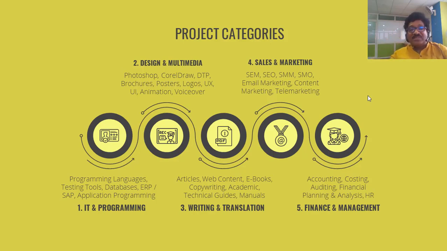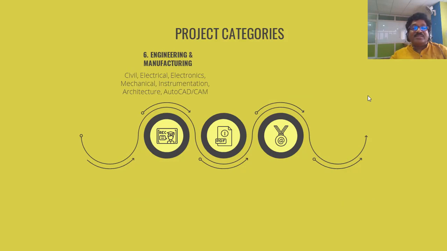for accounting purposes. So if you have an experience, if you are exposed to any of these areas related to finance and management, this is the category you need to select when you start working on freelance projects online. So put a tick mark against finance and management if it fits into your current profile. Let us go on to the next set of categories. We already discussed 5 project categories. The next one, the sixth one, is called engineering and manufacturing.